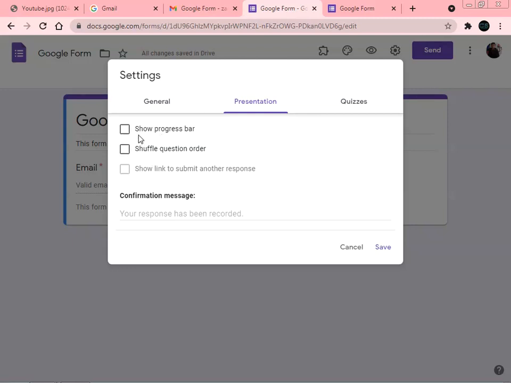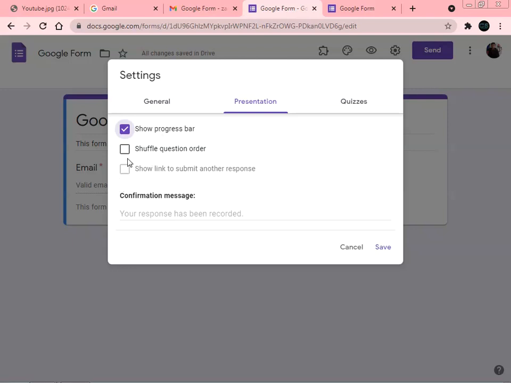This is shown with the help of the progress bar. This helps the user see how many pages or parts this particular Google Form has, and it tells the user that we are at the second level and have four or five more to complete.